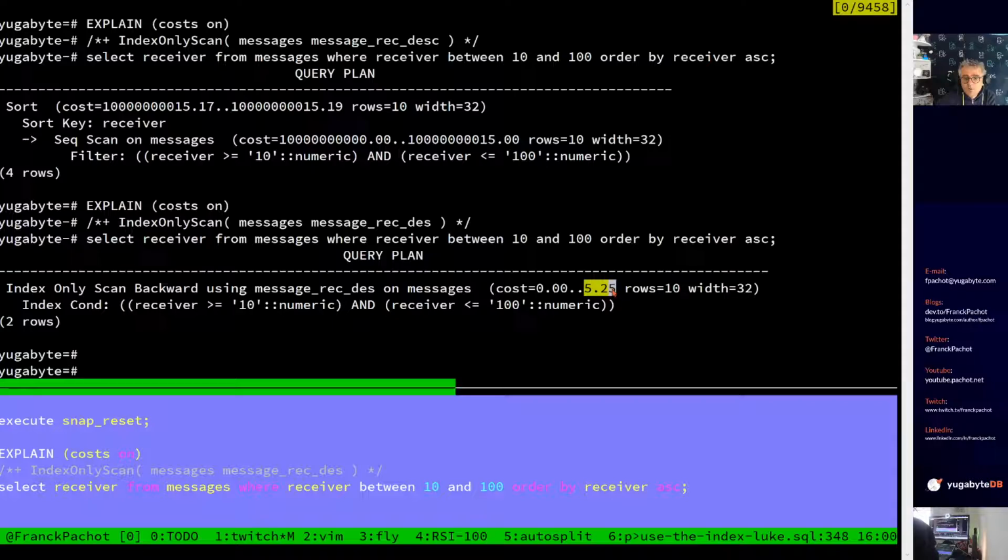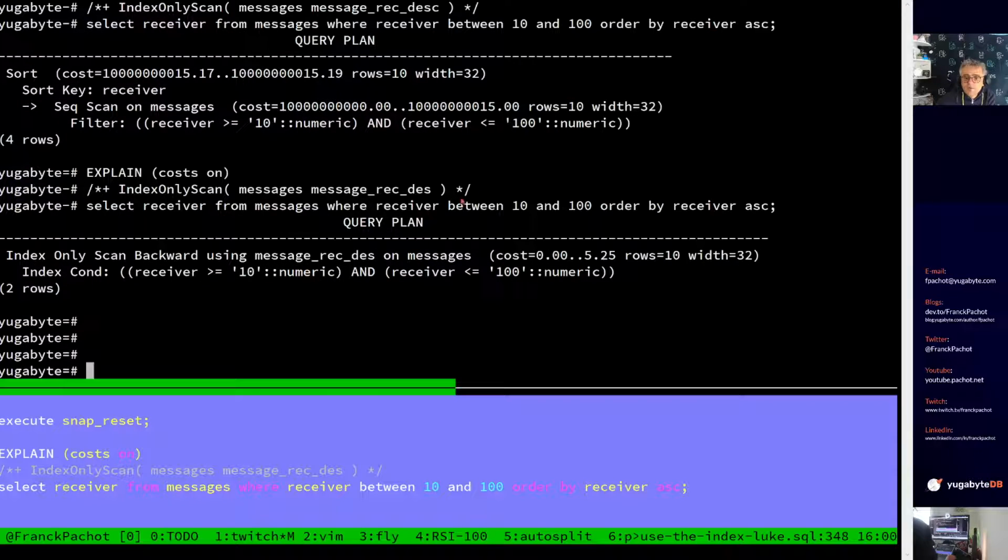with 5.25. This one is more expensive because I have the seek back and the cost is different. That's the most important. You don't need a big difference because everything is the same. I have the same data. If I don't have a lot of different index values, you don't see the difference. Here I have a lot, so you see this difference there. So the query planner is aware of it, which means that if you want, you can do as I did